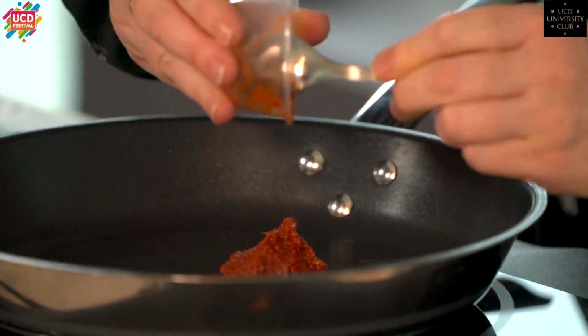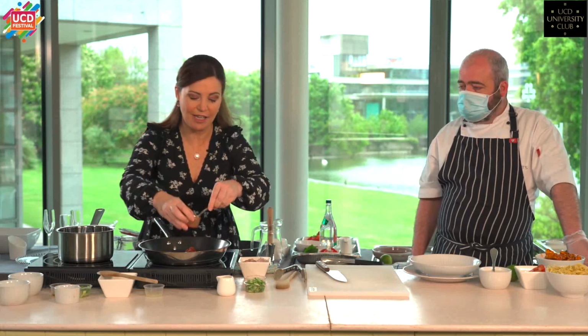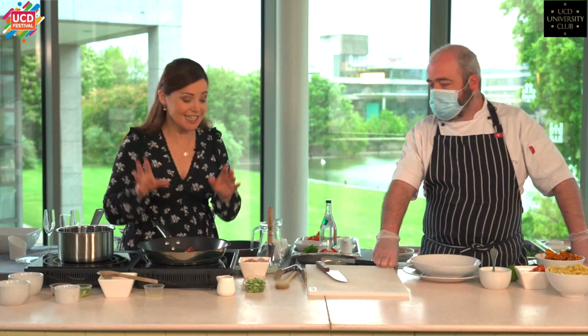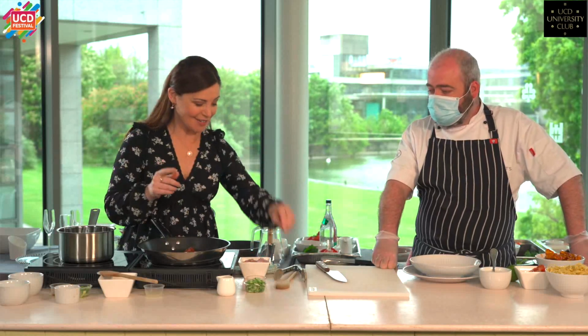See, the thing about curry paste is cook it and you get better flavour. So don't just give it a quick flash fry, but give it a nice little bit of movement. Let's put that behind there. There we go. I'm conscious that stains everything, and I'm on to the next thing that stains now, David, the turmeric. So let's get a wooden spoon here,